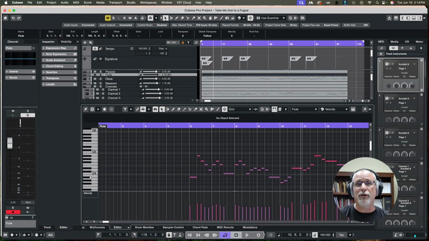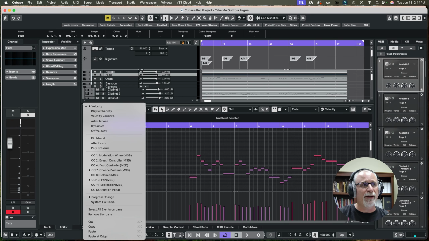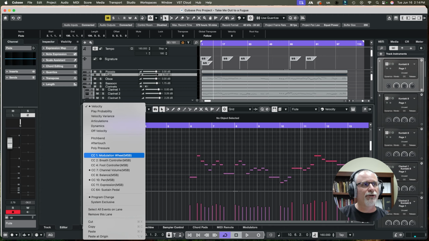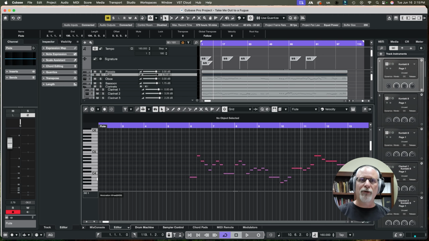So in Cubase, which is probably why you're watching this, but if you're watching because you have another DAW, you can find where you have it in your DAW. Usually it's down at the bottom in the key editor or the piano roll, I think Logic and other places call it. Over here in Cubase, you'll see where we can make these changes, in the lane down here that we're going to view. And so I'm going to come up here, and I'm just going to go to CC1,